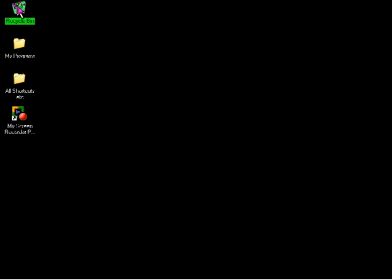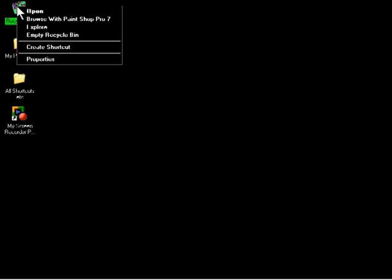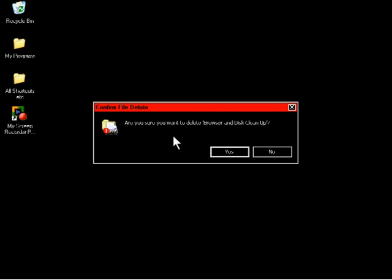and if you right click on the recycle bin folder and down to empty recycle bin like so, just click that, and again it'll say are you sure it will permanently